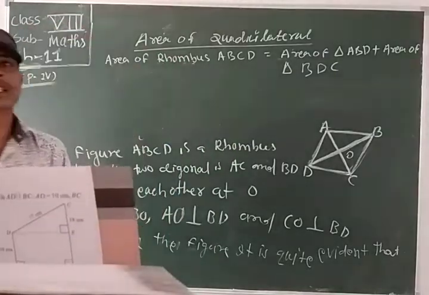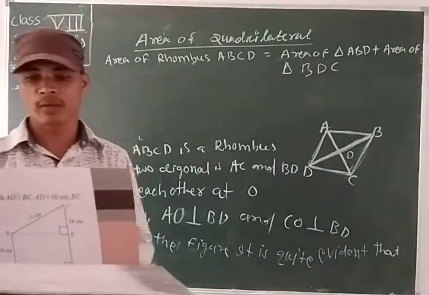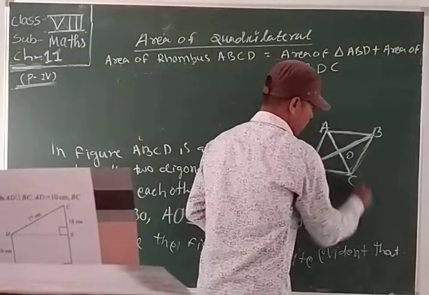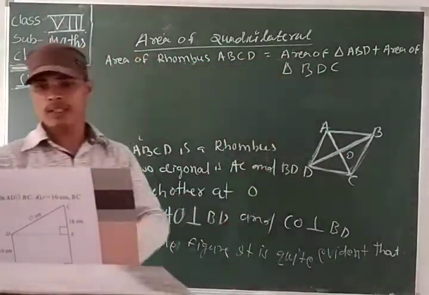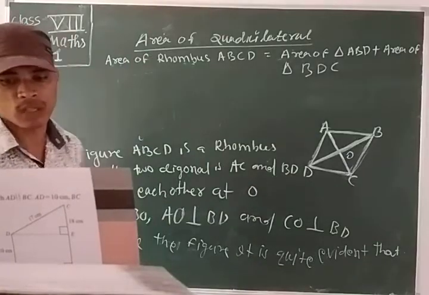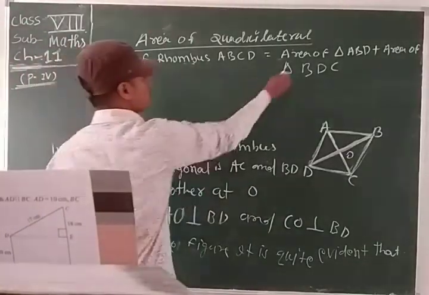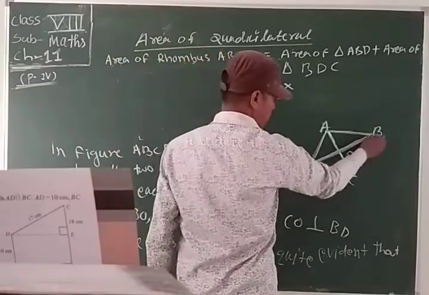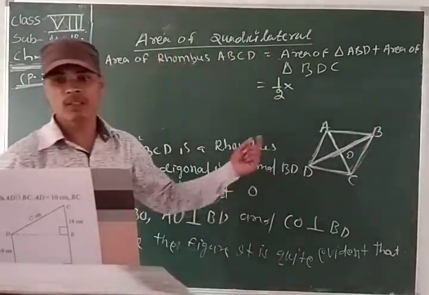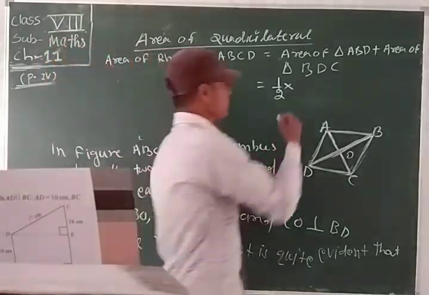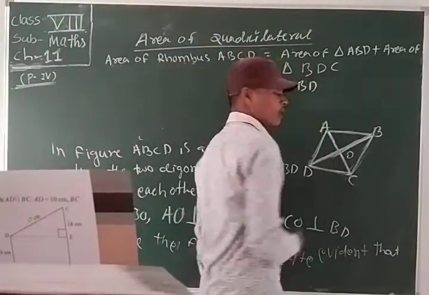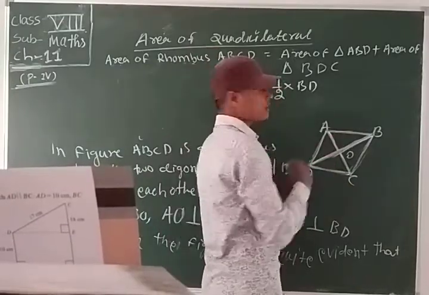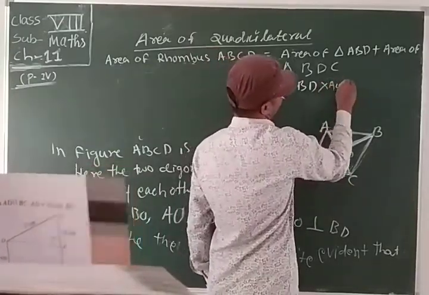We know that the area of a triangle equals 1 by 2 into base into height. Then here height is what? AO is the height, perpendicular; CO is the perpendicular of the other triangle. So 1 by 2 into BD into AO. Here BD is the common base. So we say BD, and in triangle ABD, AO is the height, into AO, plus